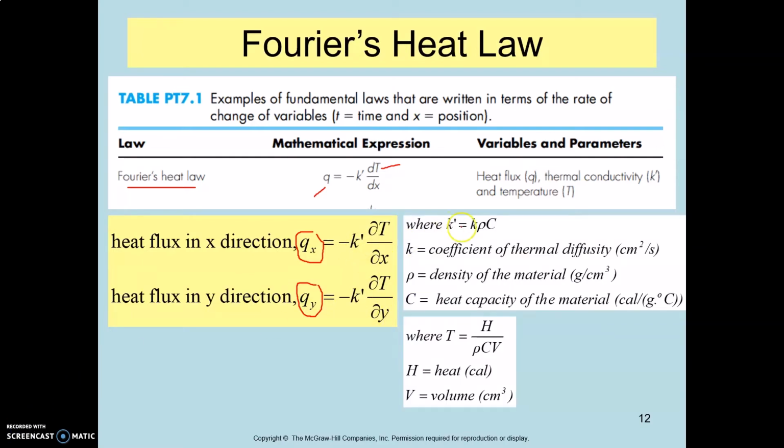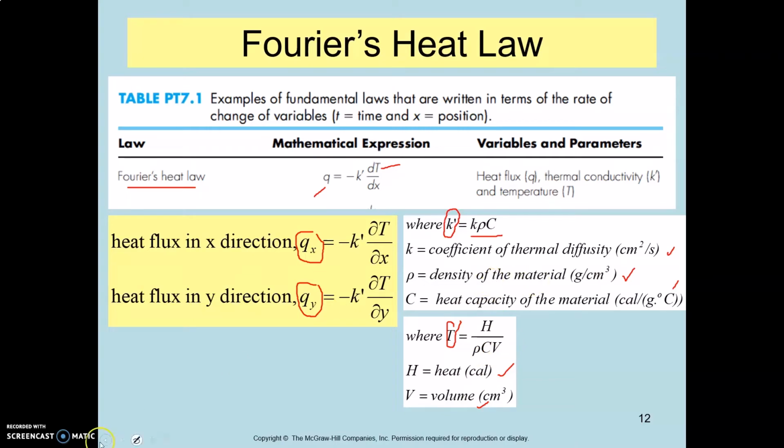The k prime is the coefficient for heat transfer, and k rho c is defined as given here. T is the temperature, H is the heat in calories, V is the volume, C is the heat capacity, and